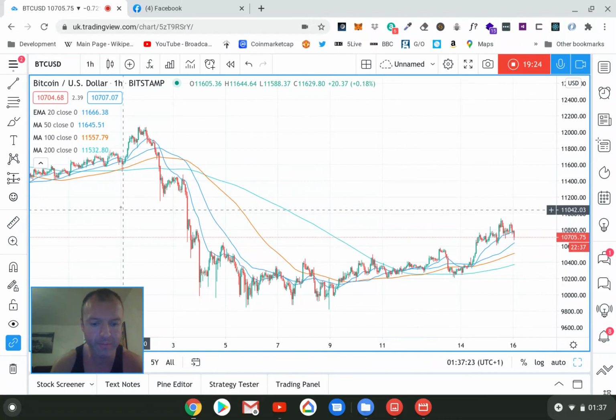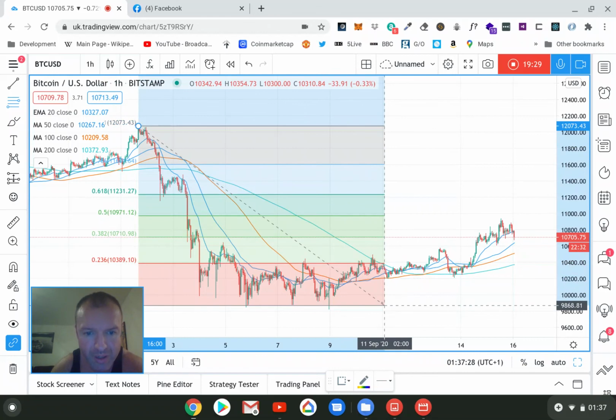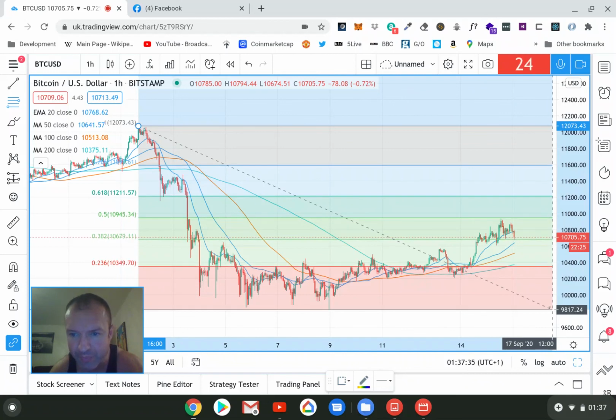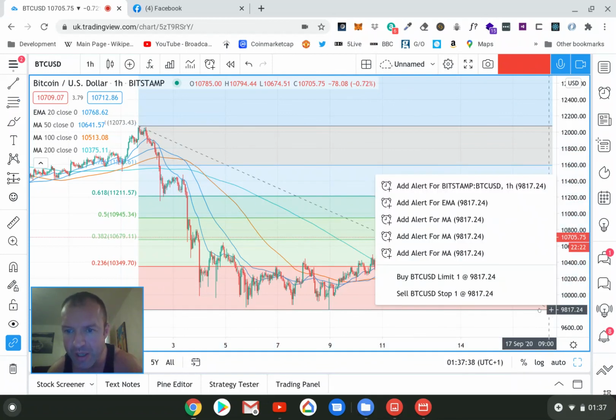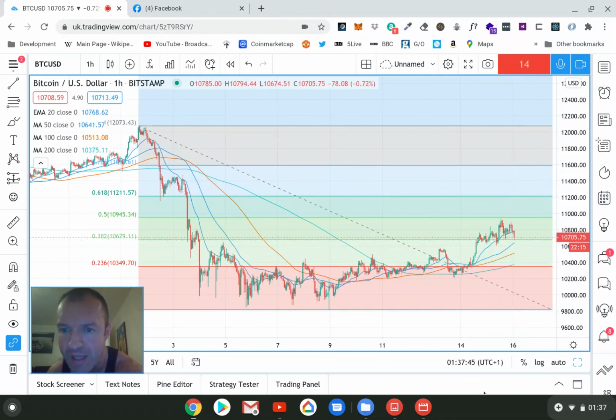Let's quickly get the fib. From the highs to the lows, it lowed there really. There were a lot of touches on that 21-week EMA. As you can see there, it's perfectly now finding support at the 382 right at this moment. It's come down, it's touched that 382 there at 10,679, and it's found support there. It's been up to the 50. See, Fibonacci's are very accurate, very good forms, really, really good.